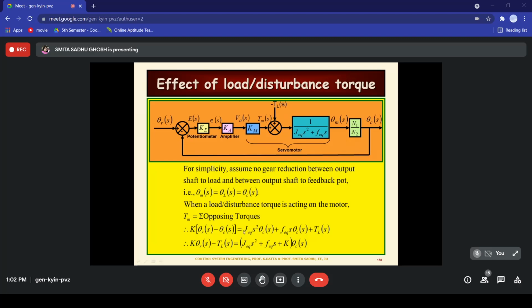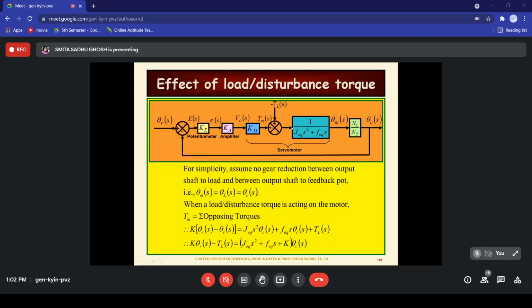On the right hand side, what do we have? On the right hand side, we have the sum of the opposing torques. Now, what are the opposing torques? First of all, TL is one of them. Also, we have this signal over here. This signal is what? Theta M by this signal is equal to J equivalent S square plus F equivalent S,